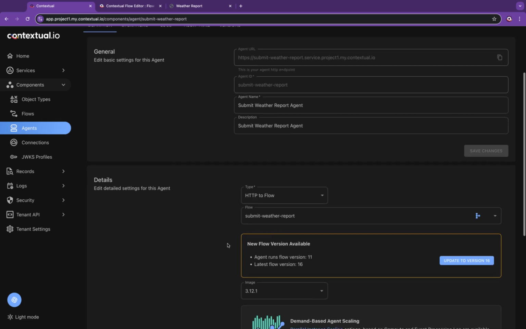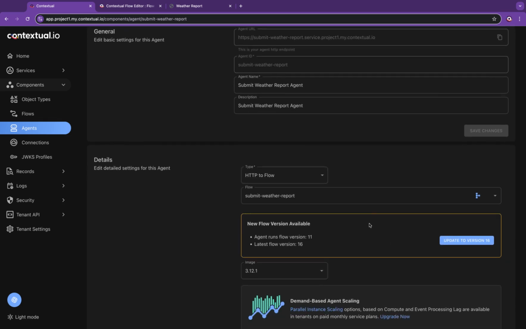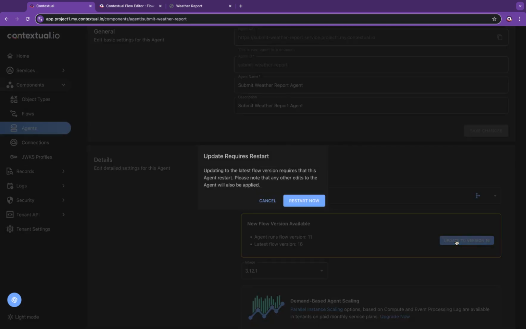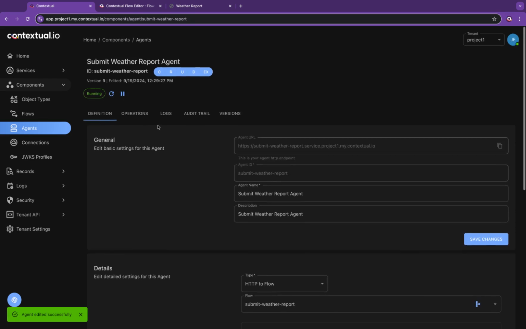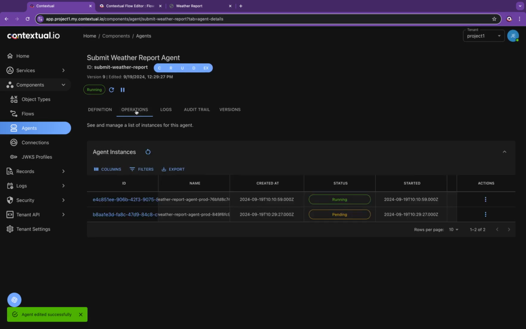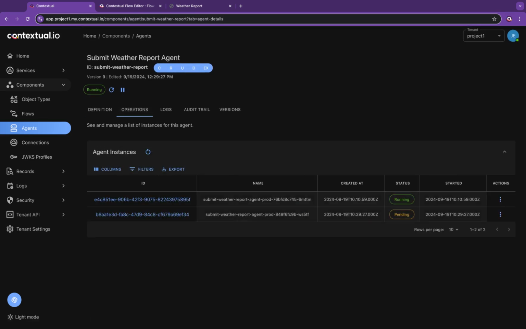So you're going to see something like this: new flow version available. Your version numbers are going to be different than mine. And you're going to click on update to whatever your version says. And it's going to prompt you to restart the agent, because updating the version can't take effect unless you actually restart the agent. Having done that, we go to the Operations tab, and you'll see now that there are two